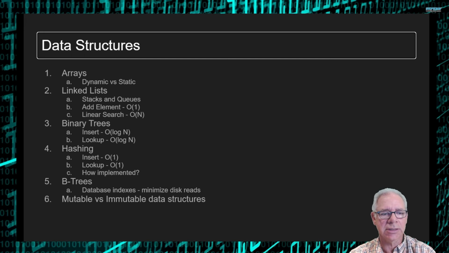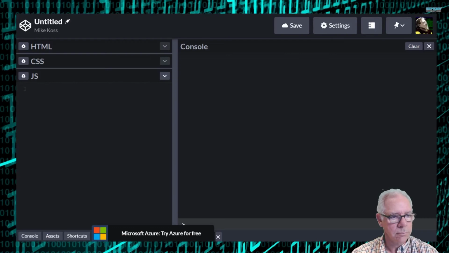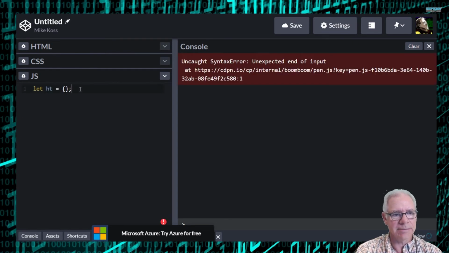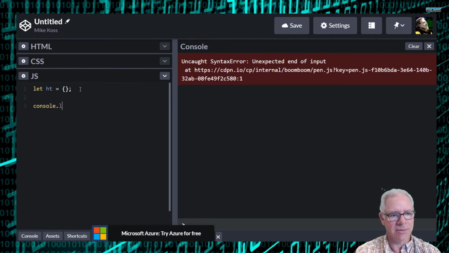Now the good news is that most of the higher level languages that we are using have built-in data structures that automatically do hashing for you. In fact, just a plain old JavaScript object is kind of like a hash table. I'll show you what I mean. All right, just a plain old object. I'll call this a hash table. And if I say console.log, this hash table,